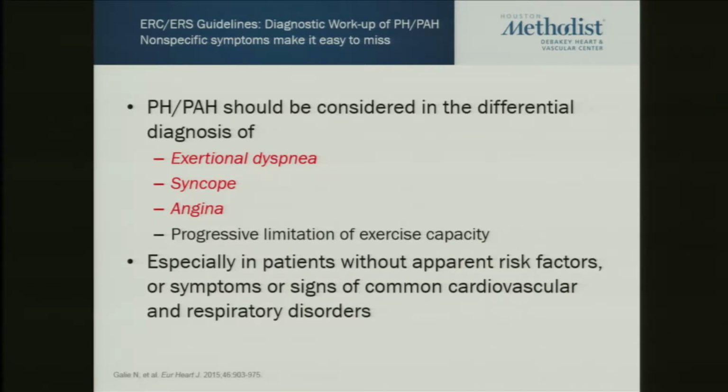So, in whom should you consider PH? PH is one of the most common causes of unexplained dyspnea. So when patients are presenting with exertional dyspnea, syncope, or sometimes even angina, those are the patients in whom you should consider PH, especially when you've done everything else to rule out. When patients come to you with unexplained dyspnea, the most common causes are either angina or an anginal equivalent due to coronary artery disease, or patients have a history of smoking, they have COPD or asthma. Now, if you've looked at all of those and it doesn't fit any of these,